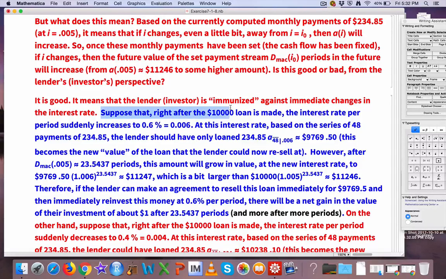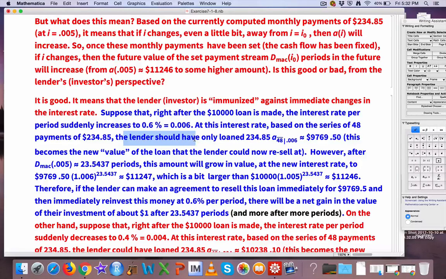Suppose that right after the $10,000 loan is made, the interest rate per period suddenly jumps. Instead of 0.5%, it's 0.6%. Okay? Not much over a month. It would be a bigger change over a year. At this interest rate, based on the series of 48 payments of $234.85,